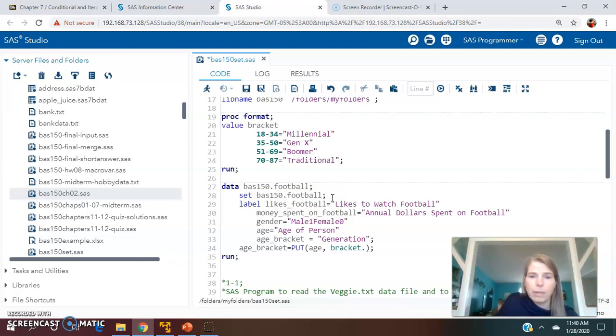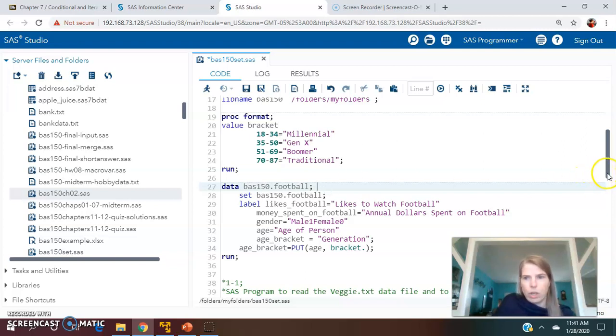Now where do you want me to put it? I want you to put it in that same dataset. Okay, now you might not have had the bas150, so you would perhaps have told me that you wanted it in the temporary dataset called football. There was some flexibility there as to how you approached it. All right, so